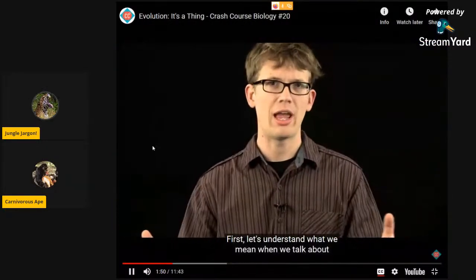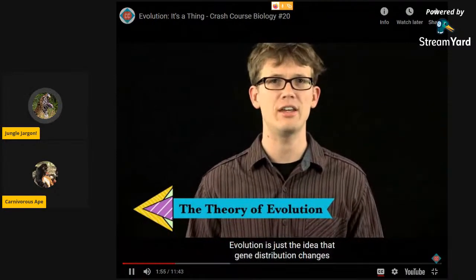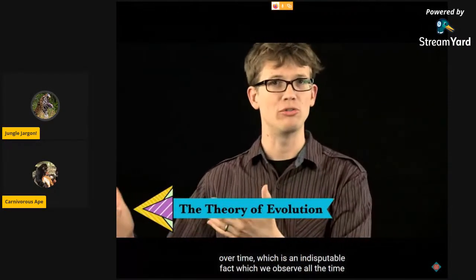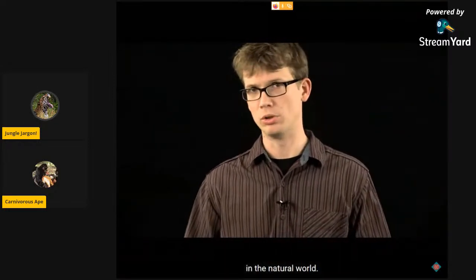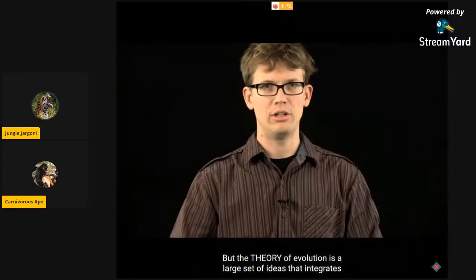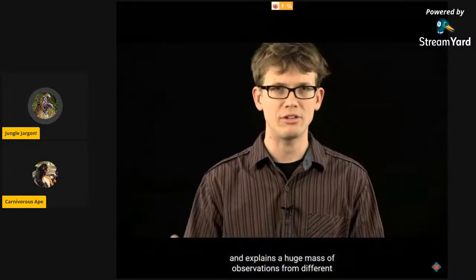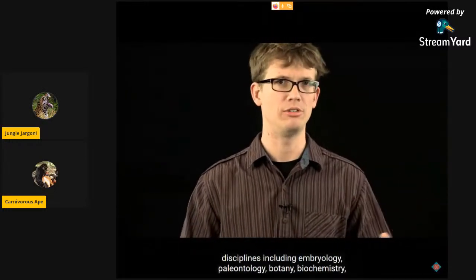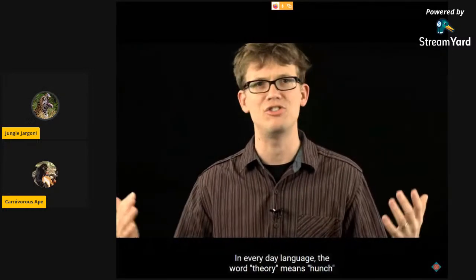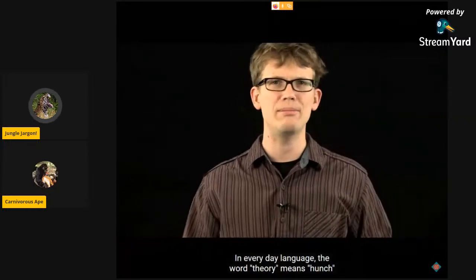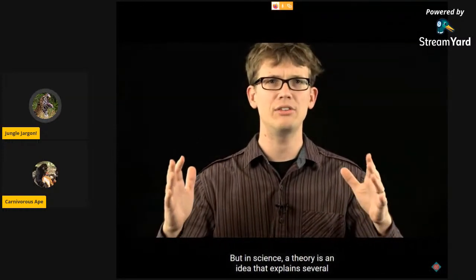First, let's understand what we mean when we talk about the theory of evolution. Evolution is just the idea that gene distribution changes over time, which is an indisputable fact which we observe all the time in the natural world. But the theory of evolution is a large set of ideas that integrates and explains a huge mass of observations from different disciplines, including embryology, paleontology, botany, biochemistry, anatomy, and geophysics. In everyday language, the word theory means hunch or even hypothesis, but in science, a theory is an idea that